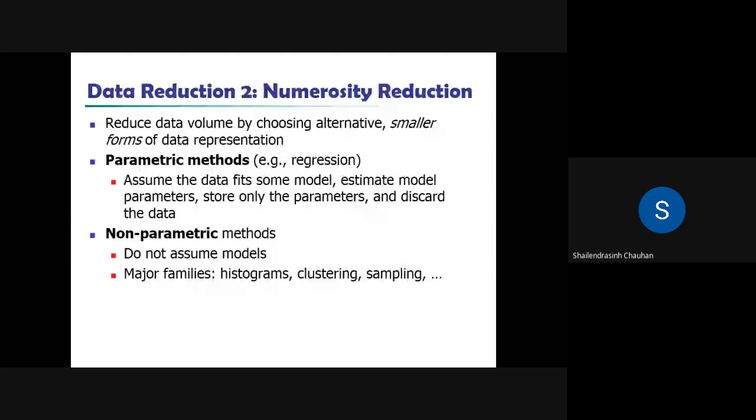So for example, if one line is there and your data is being fitted on that line, there is no need to consider the entire data because you can represent the same thing with one single equation, which has few parameters. Fine. So it is better to use those parameters instead of all the data.